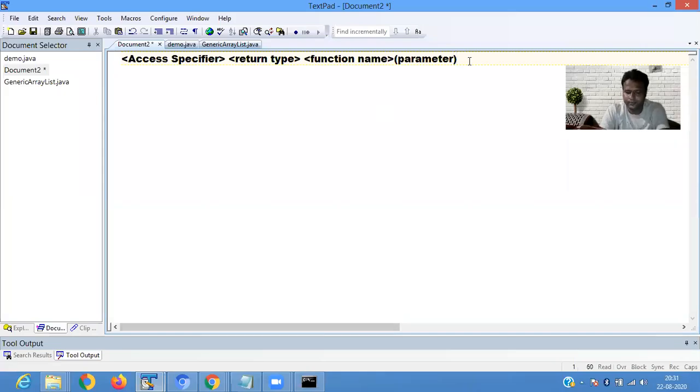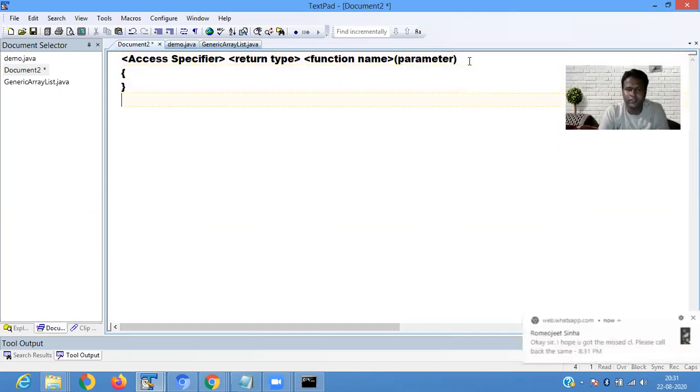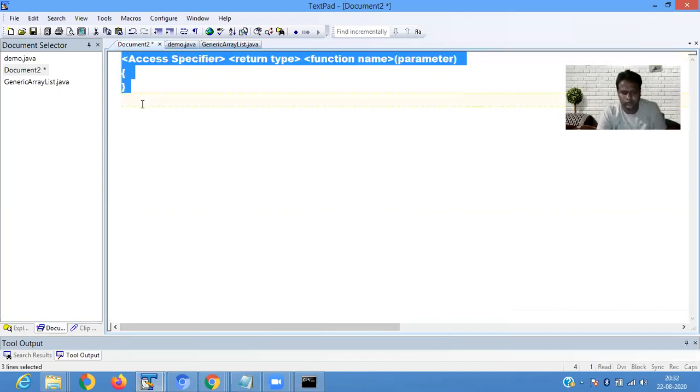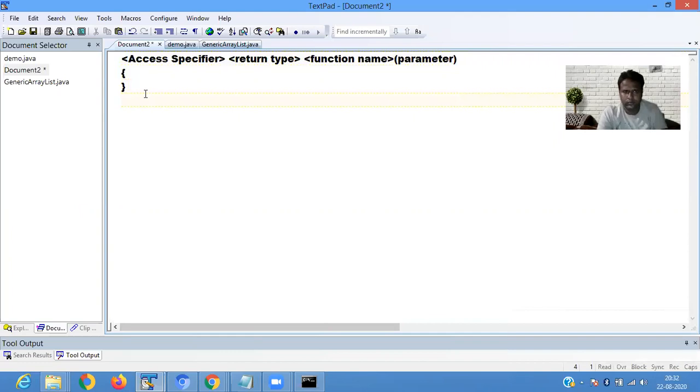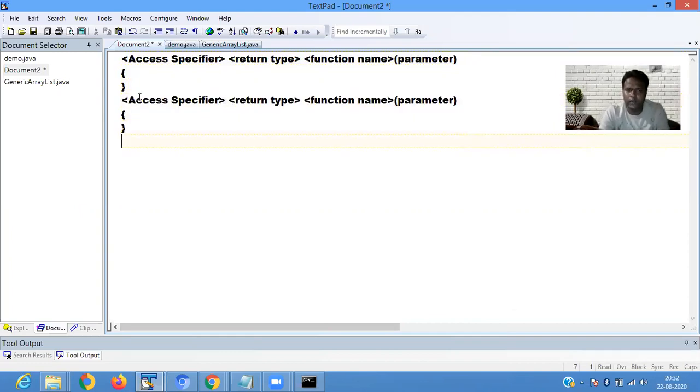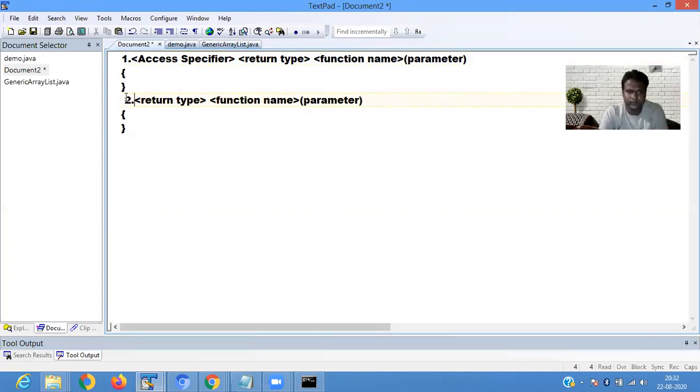Then parameter is one way of defining a function. Another is without access specifier, you can define. This is the first part, this is the second part. Next is the third part.